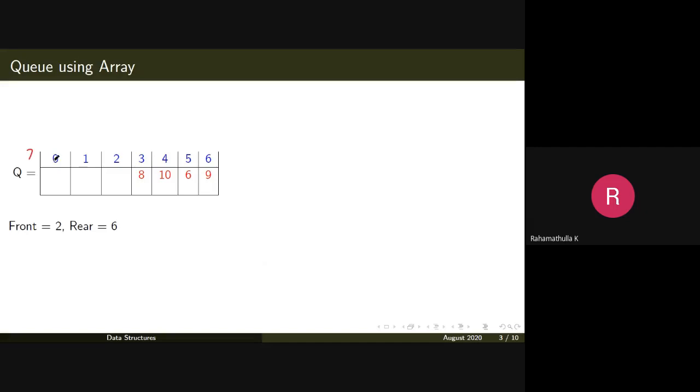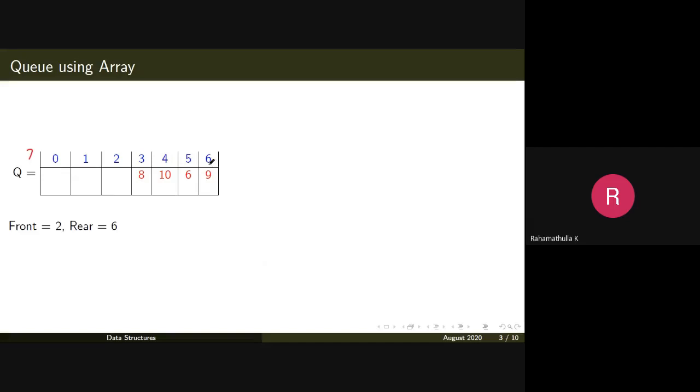It can store elements at positions 0, 1, 2, 3, 4, 5 and 6. The current state of the queue is such that front is pointing to position 2 and rear is pointing to the last position 6. So it is clear that your queue full condition is true. We have defined the queue full condition as rear pointing to size minus 1, where size is equal to 7, meaning that now the queue is full.